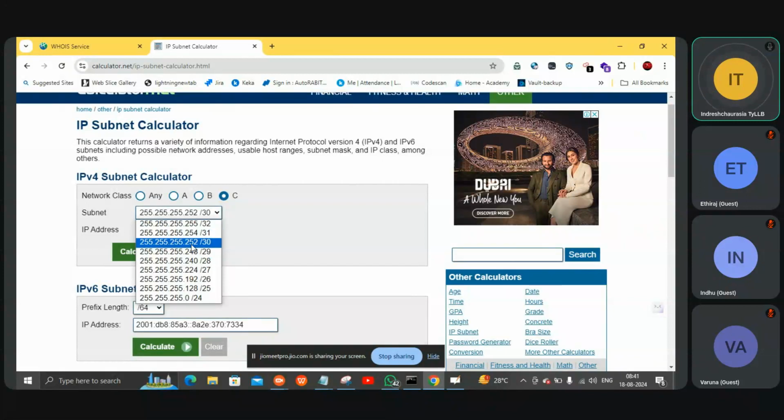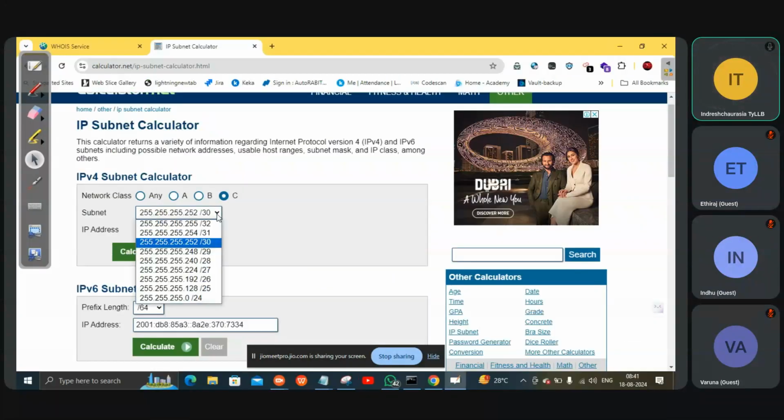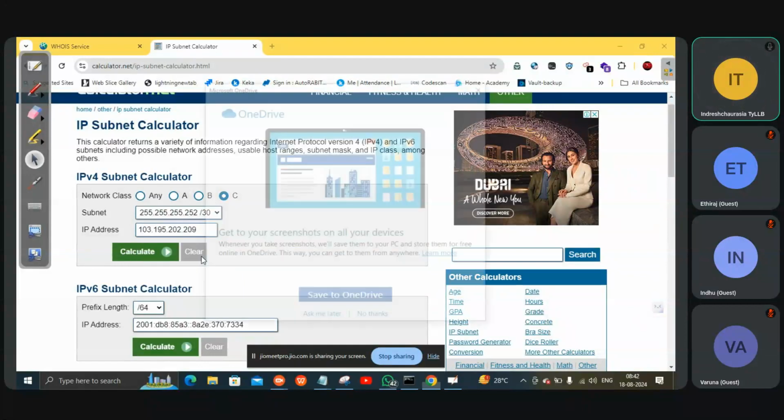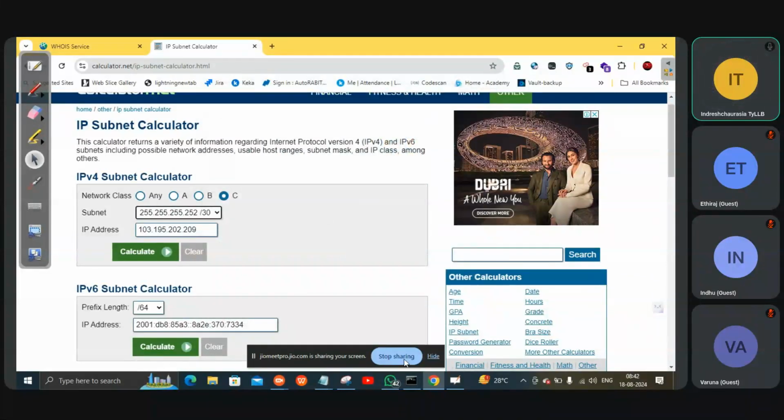So when I say slash 30, how many hosts are there? Can you tell me how many hosts there are? When you're representing it this way, suppose we take 2 examples like these. Suppose slash 29: how many hosts are there?